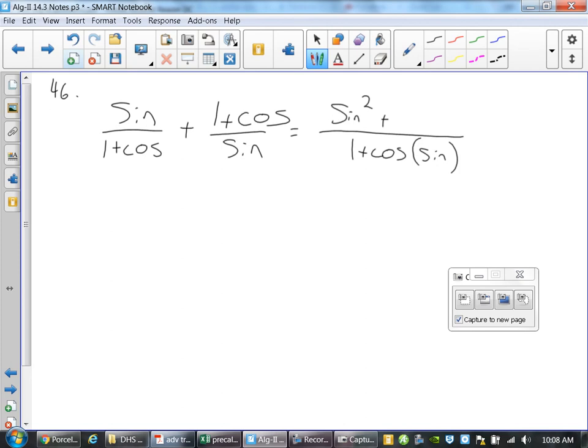The fraction on the right needs a 1 plus cosine. So you have to FOIL that out. It's going to be quantity 1 plus cosine, quantity squared. So you're going to get 1 plus 2 cosine plus cosine squared. Look at just the numerator. Combine your like terms. What can you simplify? Sine squared plus cosine squared. What does that equal? 1. What's 1 plus 1? 2. So your numerator becomes